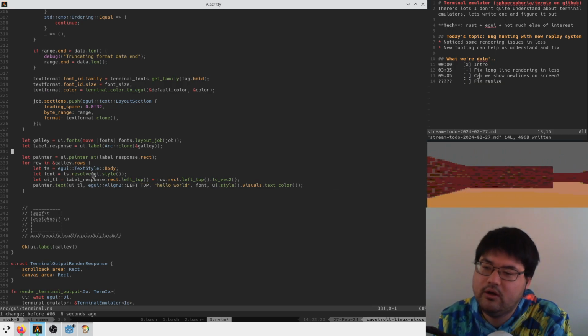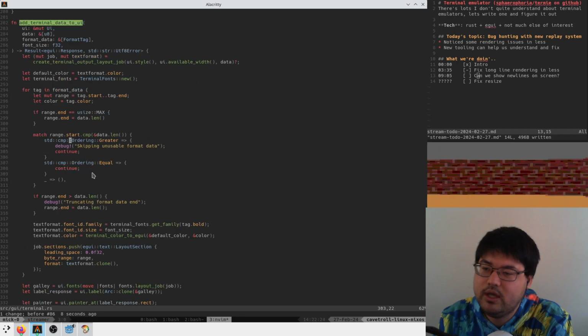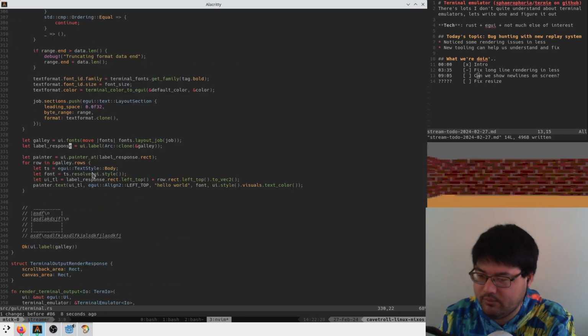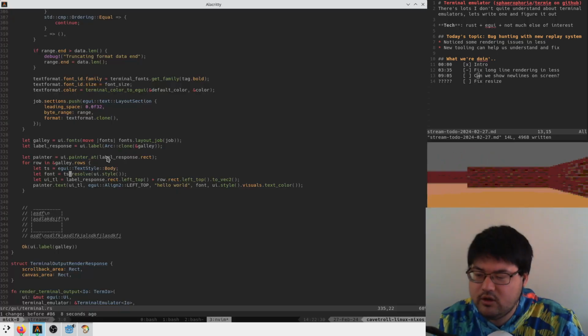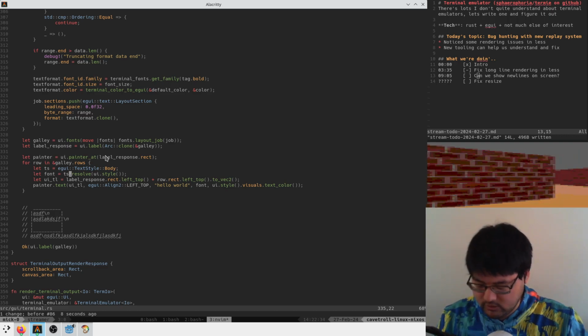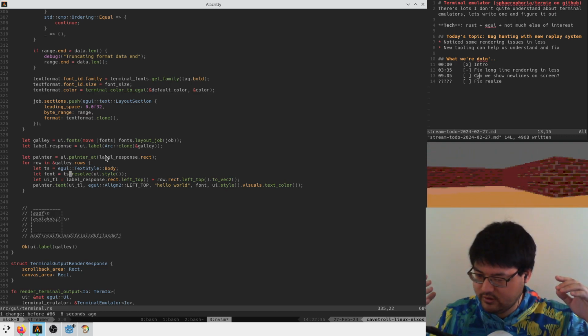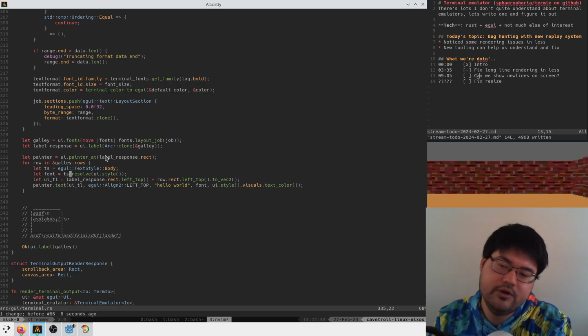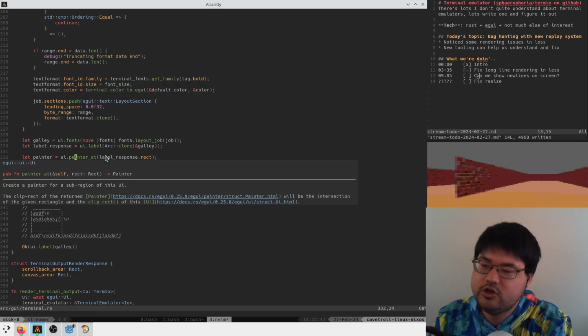Something about this doesn't feel right. So we push, oh, I see. We push the whole scroll, we push the whole area at once. Like the whole thing we see, like the whole visible area. We do all that in one label. And so this painter at should